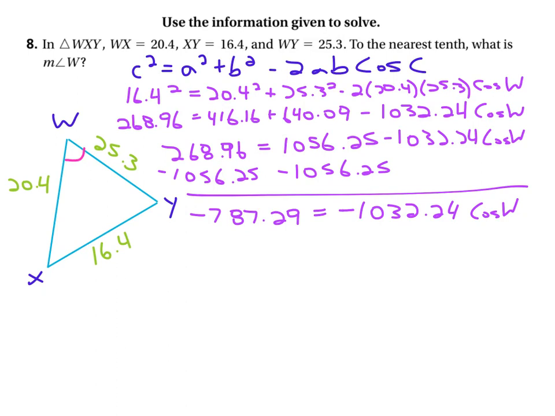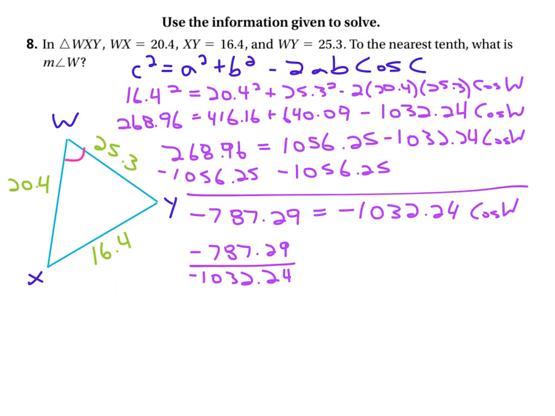And then, how do we get cosine w all by itself? We divide both sides by the number in front of it. So we get negative 787.29 divided by negative 1032.24 equals